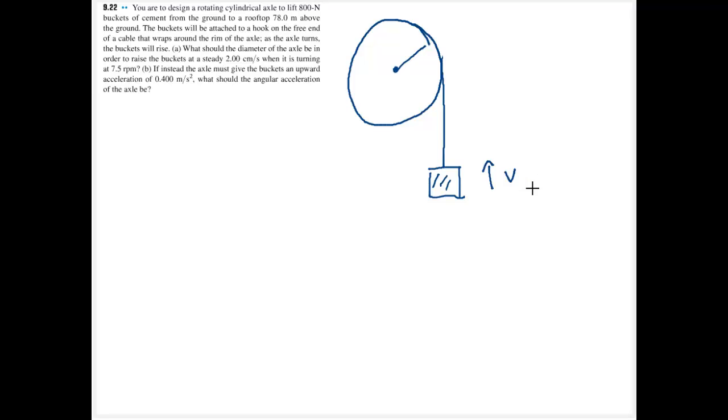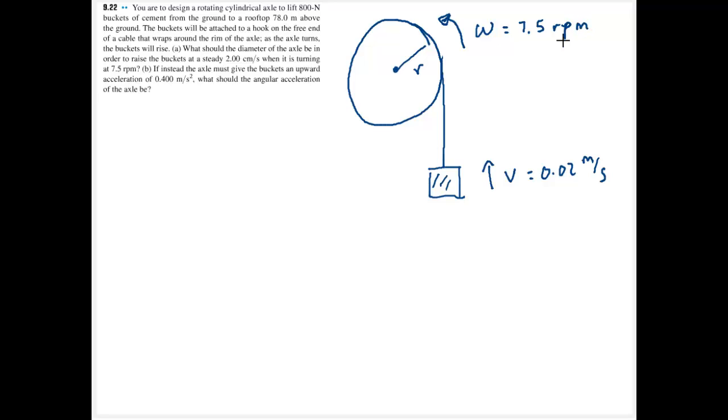So take a second to read the problem. Essentially, I'm trying to figure out what the diameter should be of a cylinder that is raising up buckets. I'm kind of drawing a little schematic here. Here I've got my bucket, and it's traveling up with a constant linear velocity of 0.02 meters per second. And I have a wheel that has some radius or some diameter that's double that,